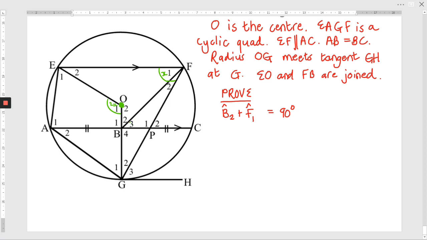Do I have a diameter? No. With the radius, do I have a tangent? Let's double check. Radius, that meets tangent GH. Okay, so yes, I do. So I've got a tan rad because it's coming from the center there. And for now, that seems like almost enough,